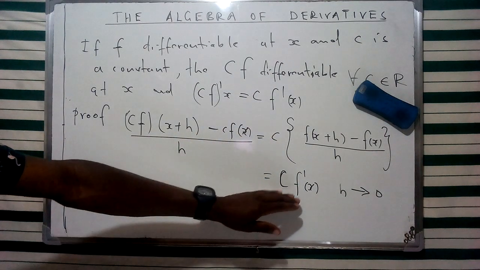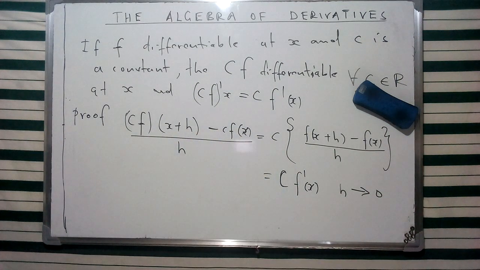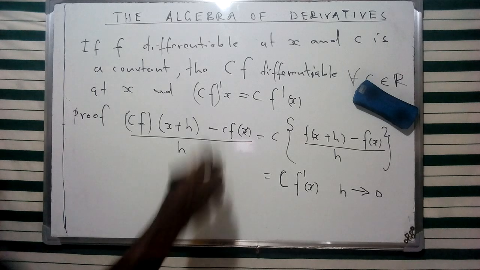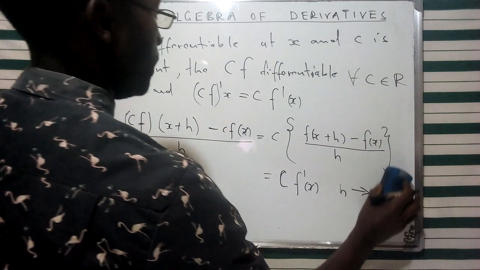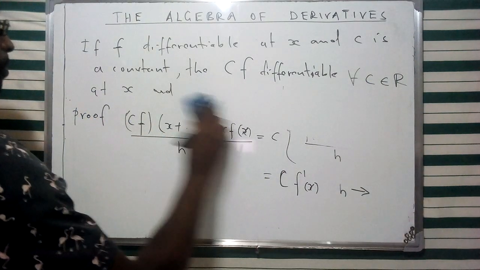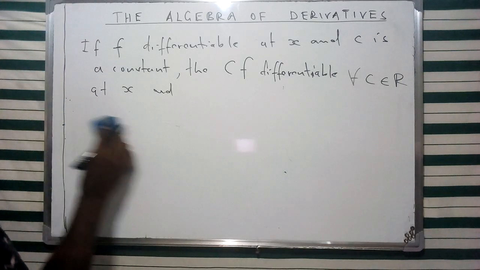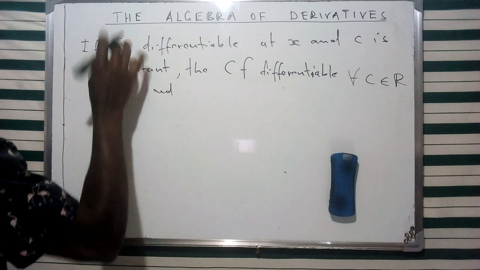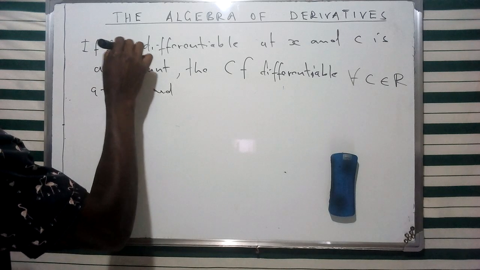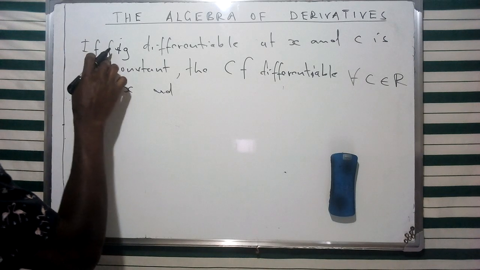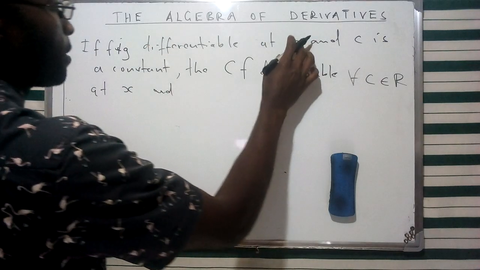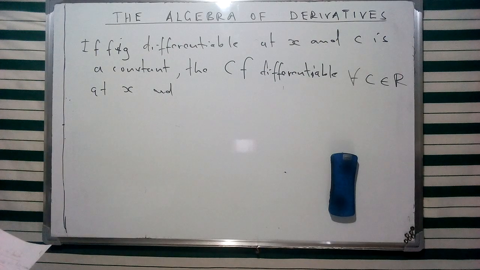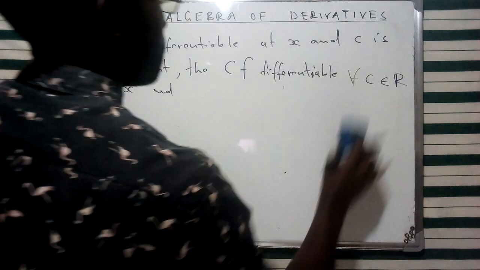So this is going to give us the product of the derivative and f given as such. So we're going to consider the second case, whereby we have two functions, given as such. If we have two functions f and g, and the functions f and g are differentiable at x,